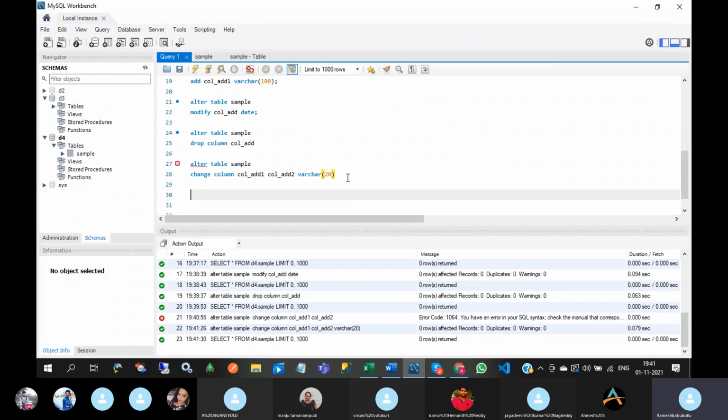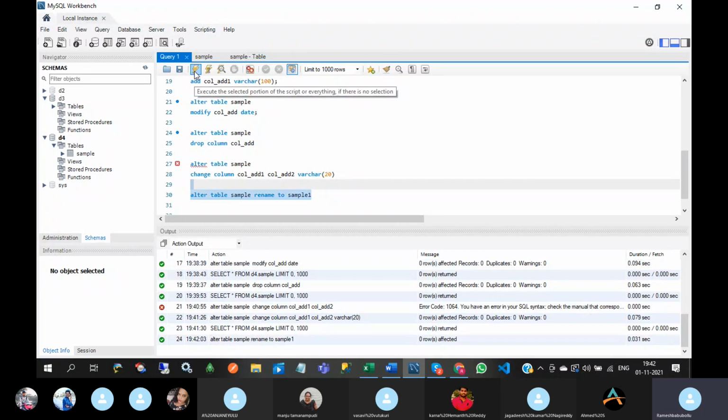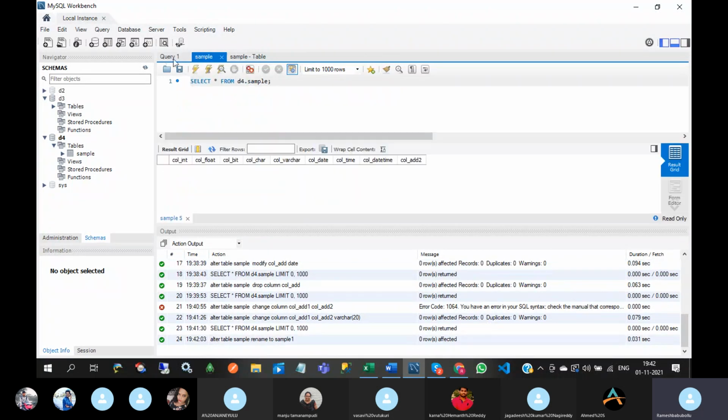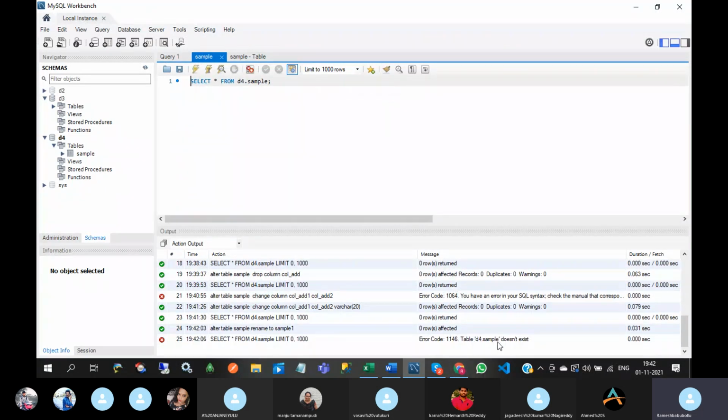And rename the table. Alter table sample rename to sample 1. Now see, this sample does not exist.